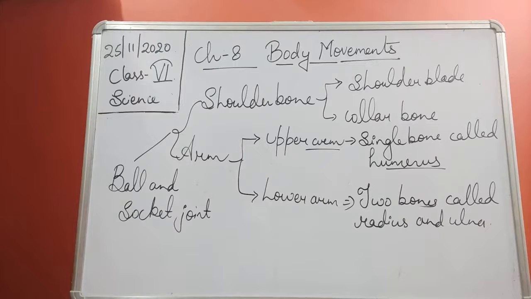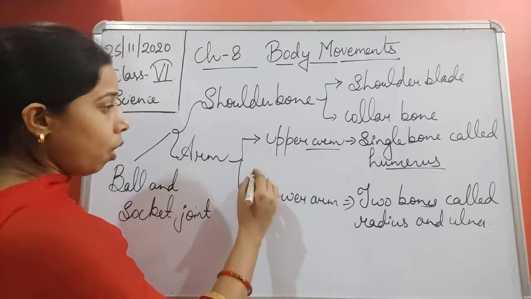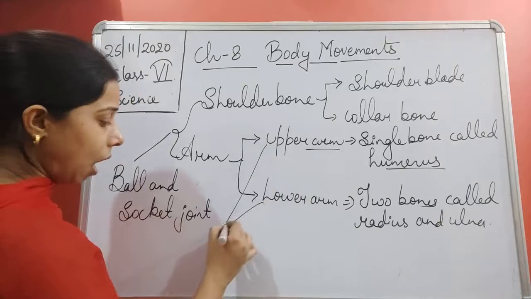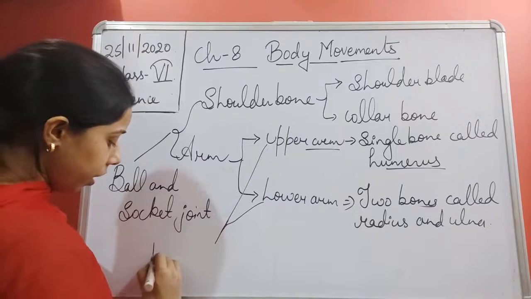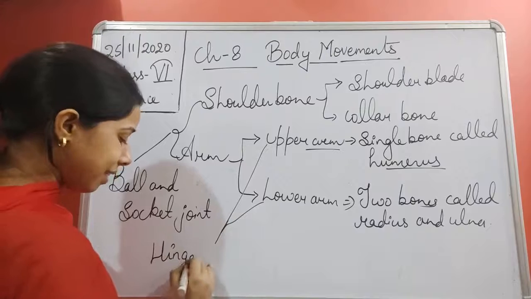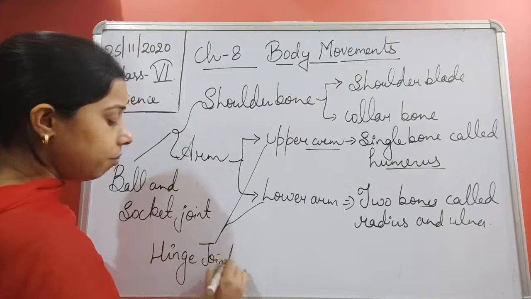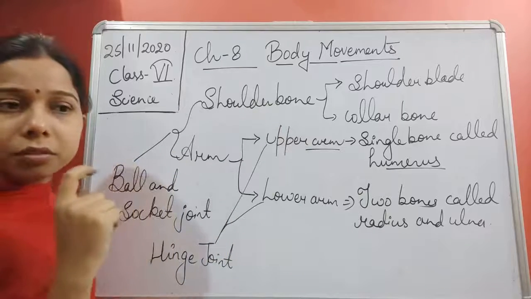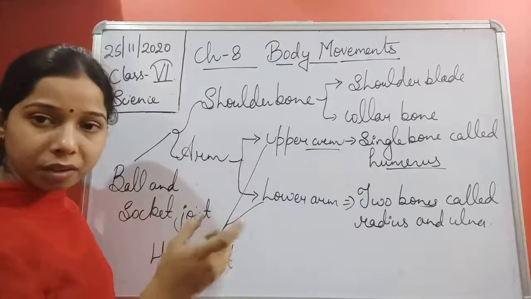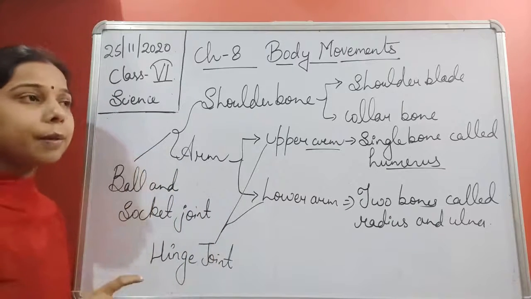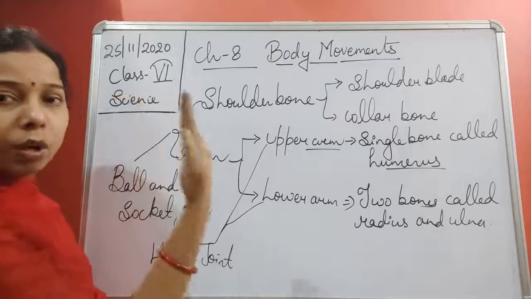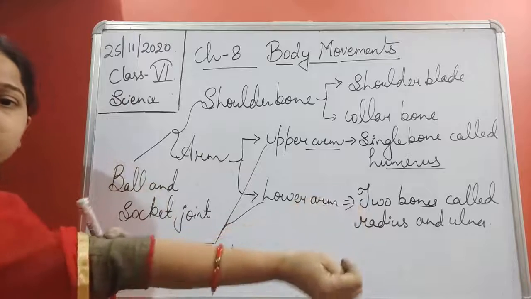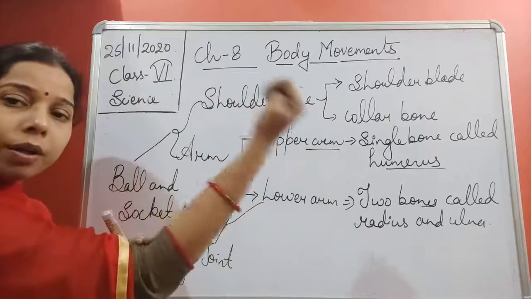Now the upper bone is connected to the lower bone, or we can say the kind of joint these both have is the hinge joint. We will discuss the joints, students. Let us simply know that a hinge joint, you have heard this word especially for the door. You have seen that a hinge is there in the door by which you can open or close the door only in one direction. The same thing here also. Either you can move it in the up direction or in the lower direction.